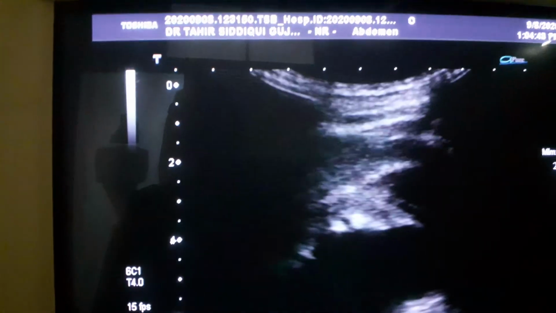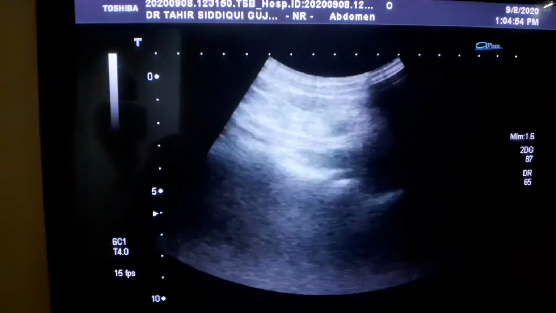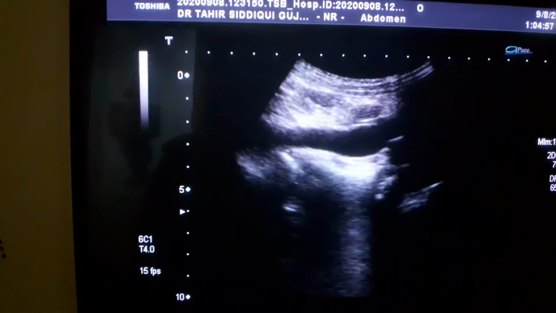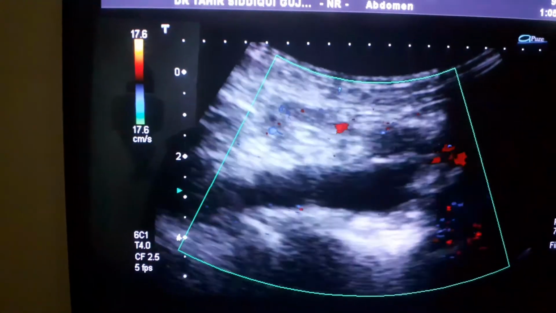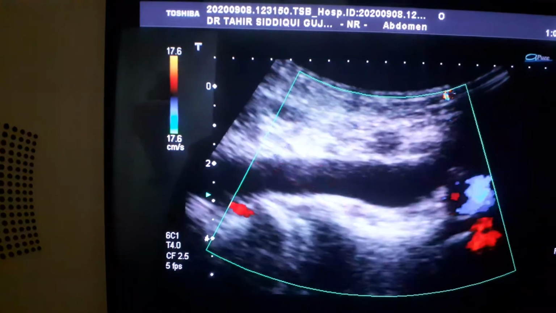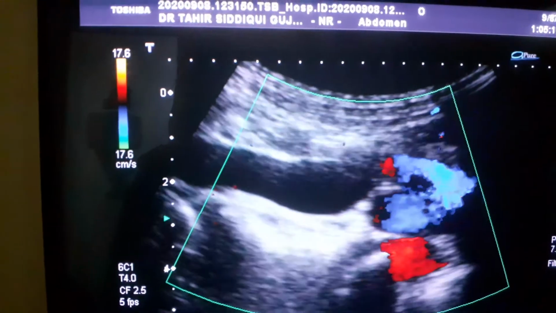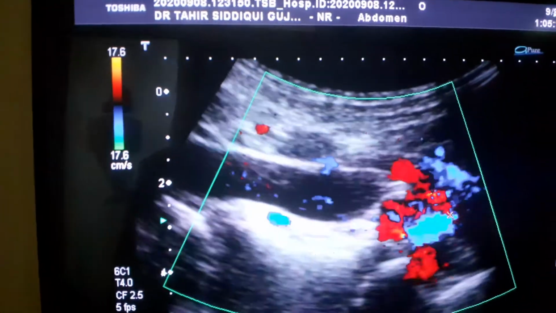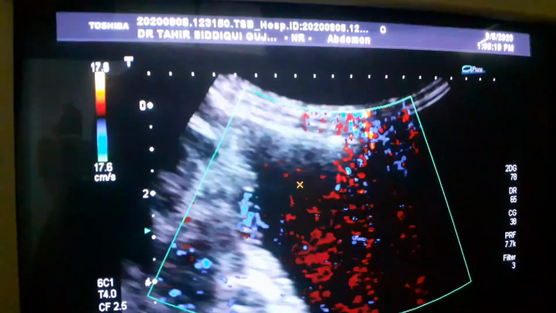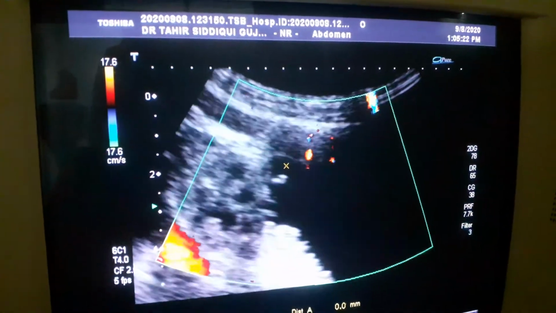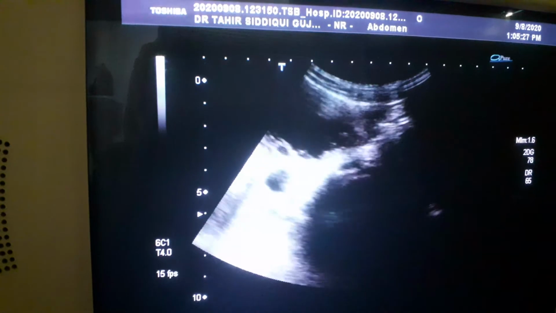And if we trace it down, it also ends up. This is the dilated ureter. Now, why is this the dilated ureter? Because it does not take blood. It's a fluid-filled tube, and here are the vessels where you are seeing the blood. These are the iliac vessels. This is the left ureter. It also ends up in the urinary bladder in the same fashion as I have shown you in case of the